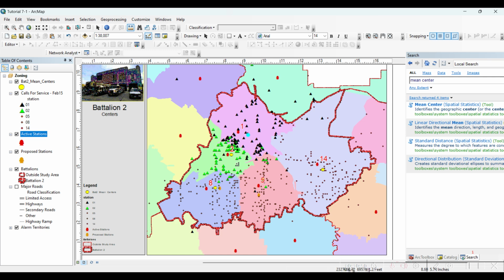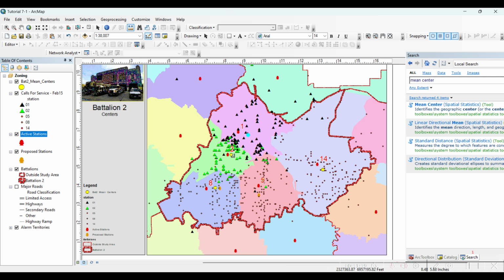For instance, these are the locations of commercial buildings or houses or real estate which had fire incidents and called for station 2. This is station 2, and station 2 sends its fire engines to work with fire, whereas the mean location for this alarm territory